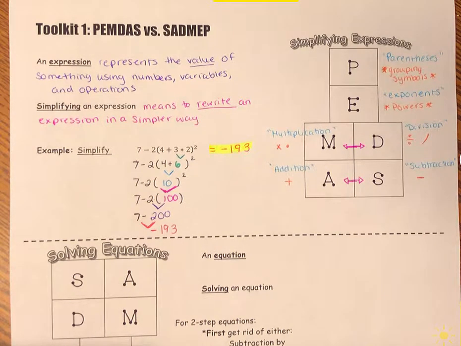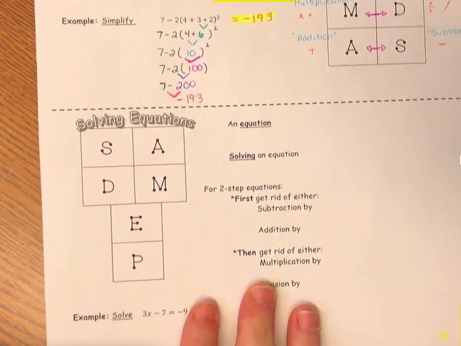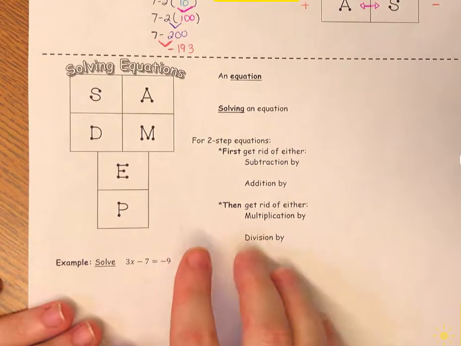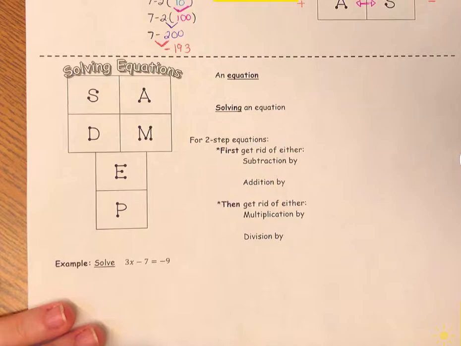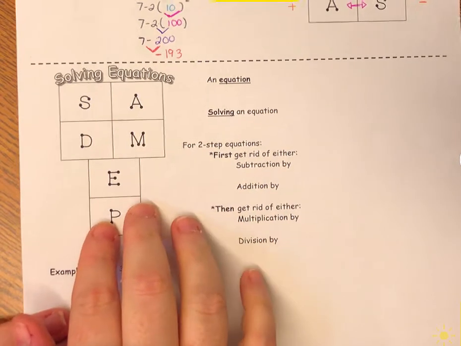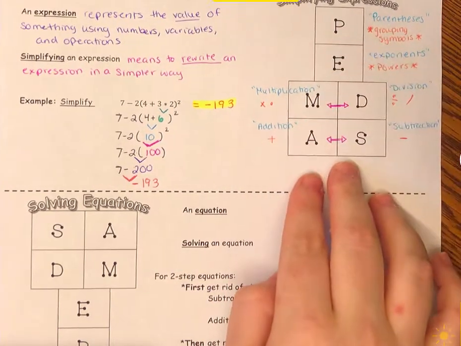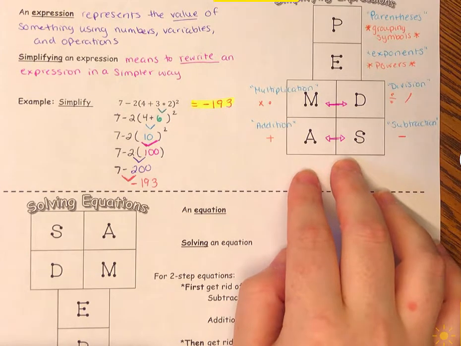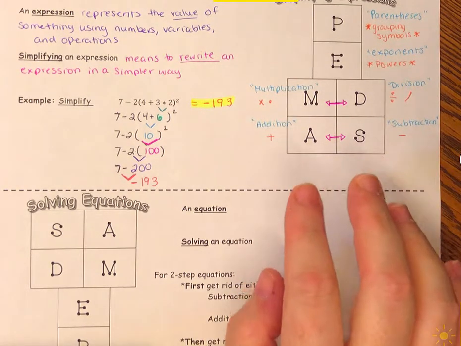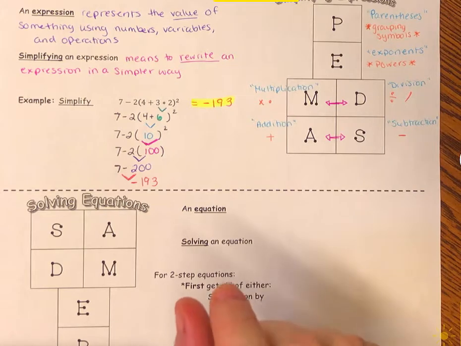This video is on order of operations, PEMDAS versus SADMEP. I'm going to go on to SADMEP, which is used when we are solving equations. SADMEP uses the exact same diagram as we did with PEMDAS. It's just we're going to use them backwards because instead of simplifying an expression, we're going to be solving for